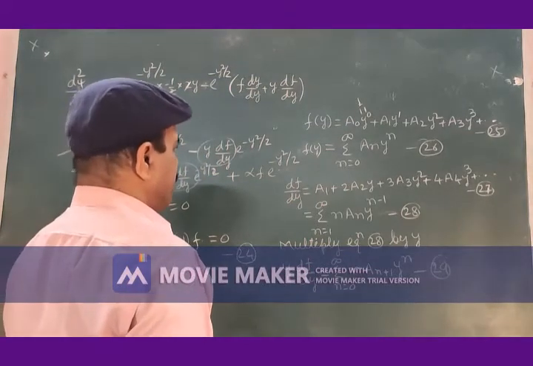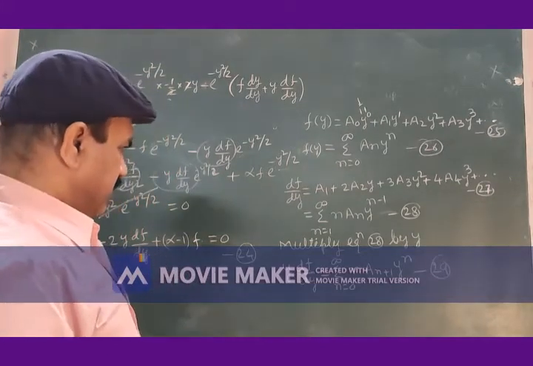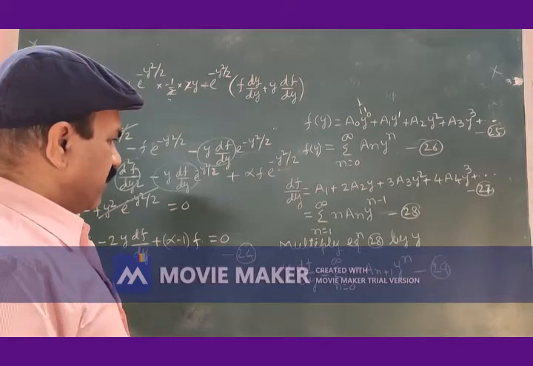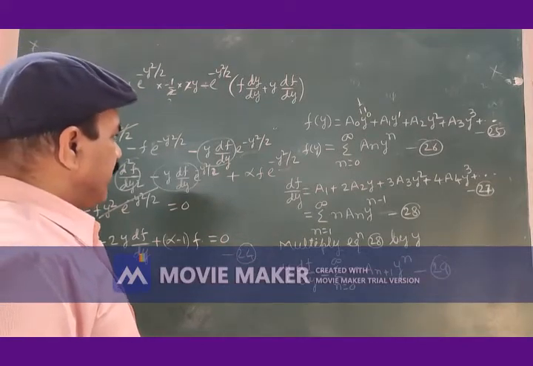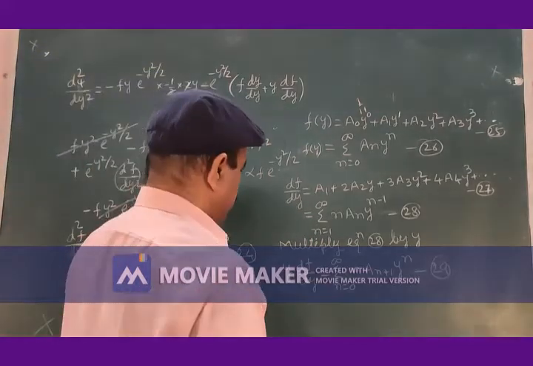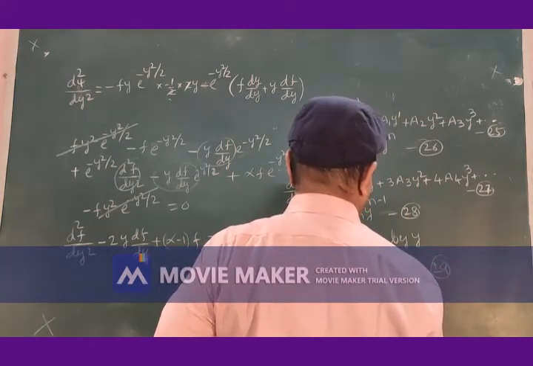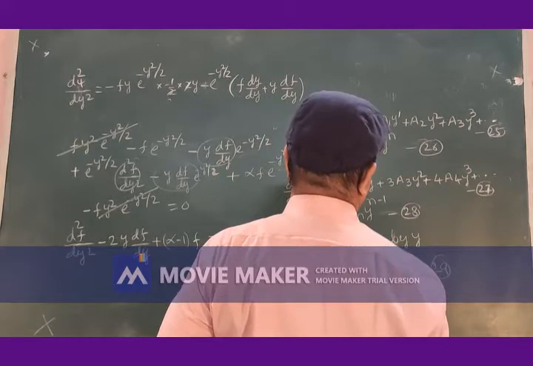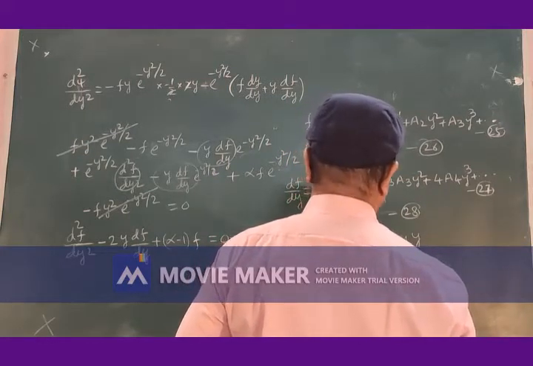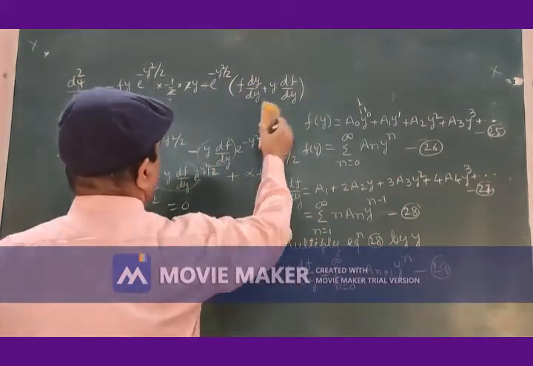Differentiate equation 27 further. Differentiate equation 27 further to get Tn is equal to 0. Okay, differentiate equation 27 further to get